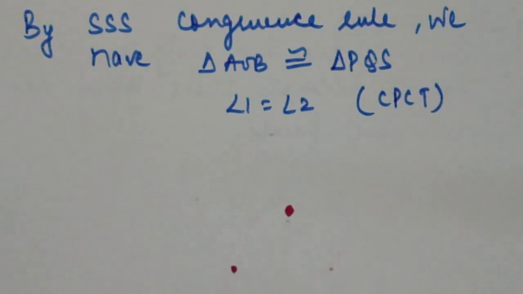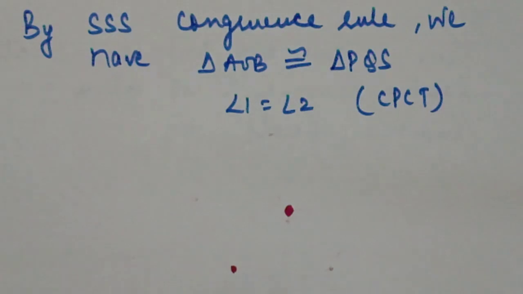So student, it is nothing different from your theorems 10.1 and 10.2. The difference is only this, that in the theorems both triangles are present in the same circle. In these questions, triangles are present in different circles, but those two circles are congruent to each other. It means they are equal to each other.